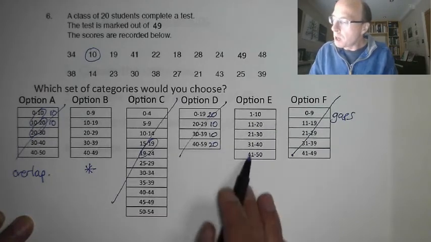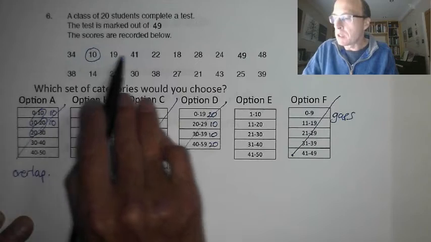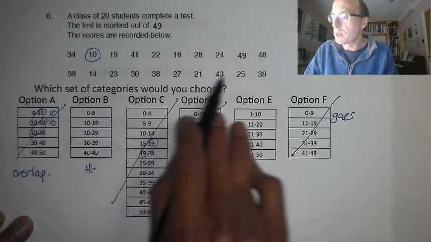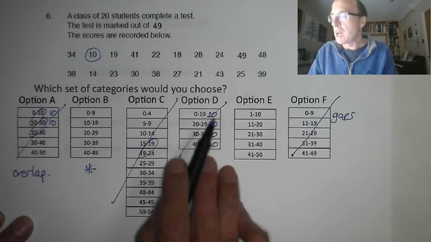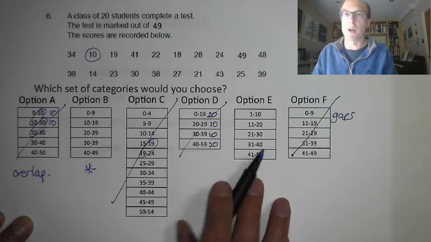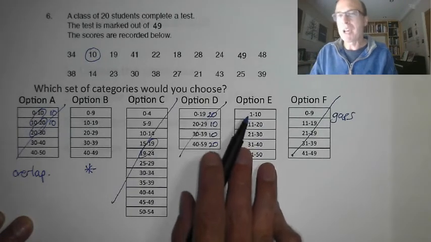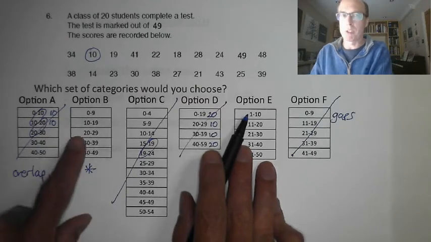Option E, we haven't got anywhere to put 0. If I look at my data, nobody got 0. They all managed to score some marks. So it's not actually a problem. I could actually plot all of those, I get my bars, and I get a sensible graph. But if I'm being picky, I haven't got anywhere to put the 0, so it probably pushes me more towards